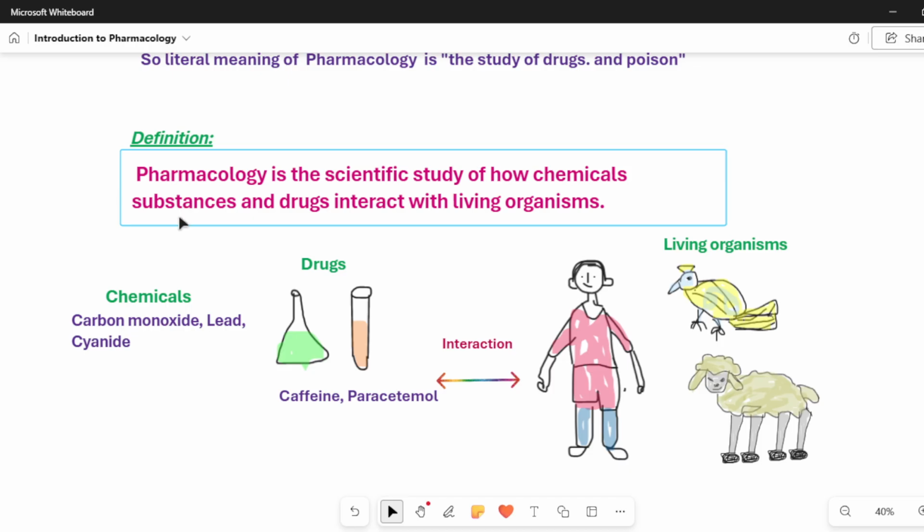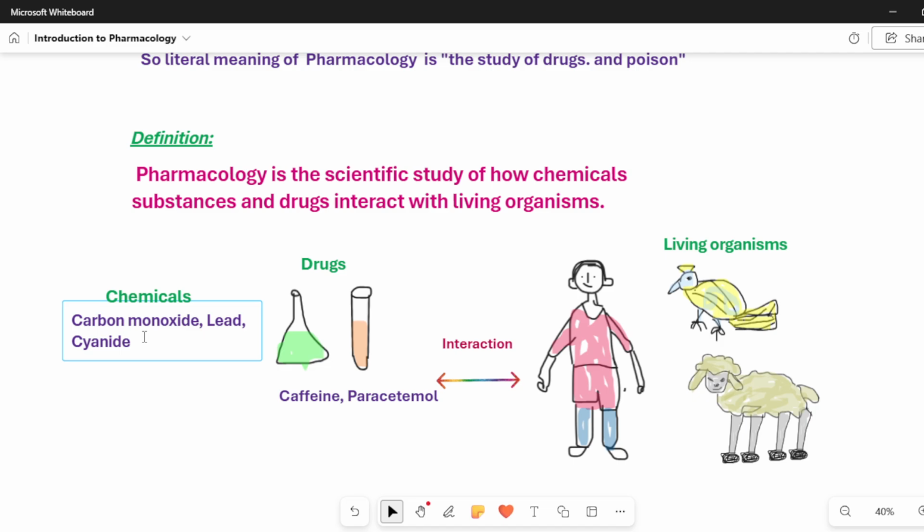So, under this huge subject, pharmacology, these things are studied. We have included even the chemical substances, not only drugs, because we are also interested in knowing what happens when any poison enters our body. Carbon monoxide has a poisoning effect, lead has a poisoning effect, cyanide has a poisoning effect.